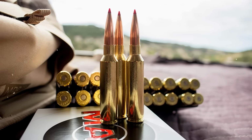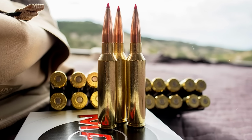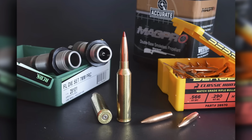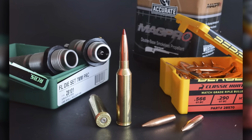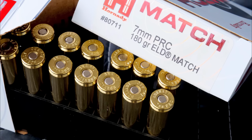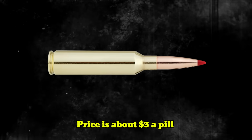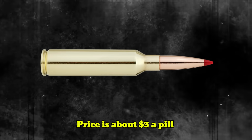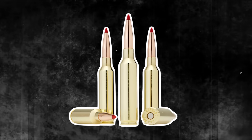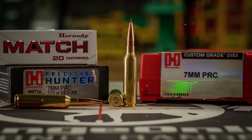like elk. As a relatively new cartridge, the 7mm PRC is still finding its footing in the market, but several rifle manufacturers have jumped on board. Models like the Savage 110 Ultralight and Browning X-Bolt are specifically designed to handle the 7mm PRC's higher pressures, providing a stable platform for long-range precision. Priced at around $3 per round, the ammo isn't cheap, but hunters and shooters love it anyway for its impressive range, speed, and energy, making it an appealing option for those needing a modern Magnum rifle cartridge that delivers without